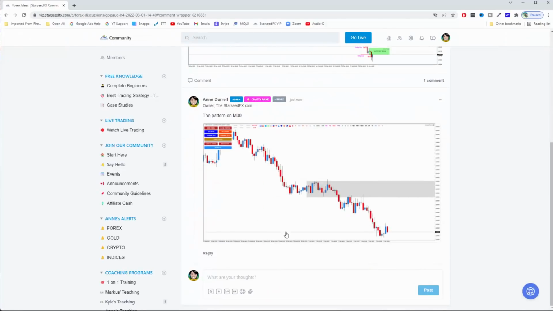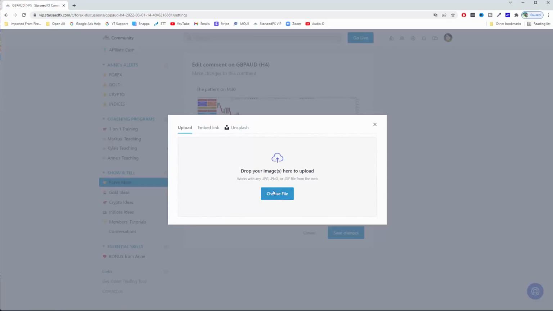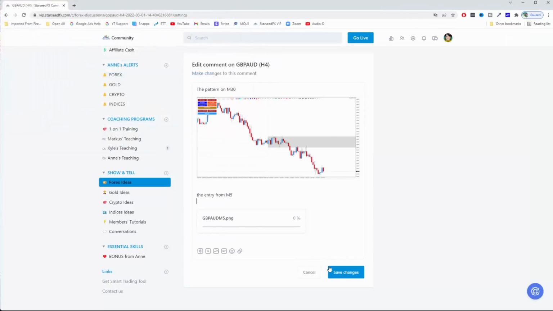Okay, and then you want to do it again, or you can do it in the same comment if you want, here below it, for example. And here the result, or the entry from M5, whatever you want to write down in there, because this is just an example.